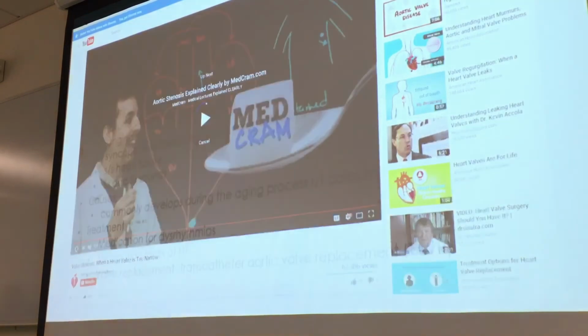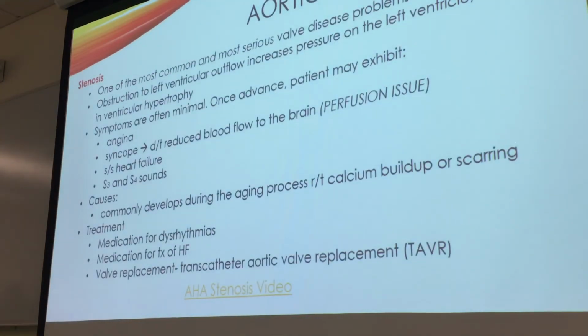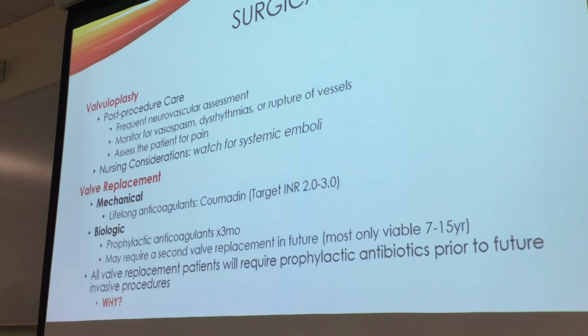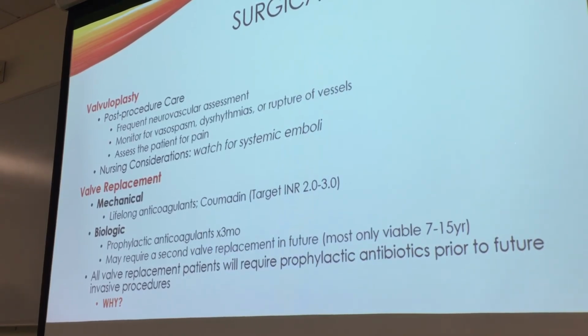So just a small little visual. So then surgical intervention for valve disorders, valvuloplasty, so that would be a repair of one's valve. So they can go in and either repair just the leaflet that's causing the issue, or if it's the chordae tendineae that's causing the issue, that help to open and close the valve,